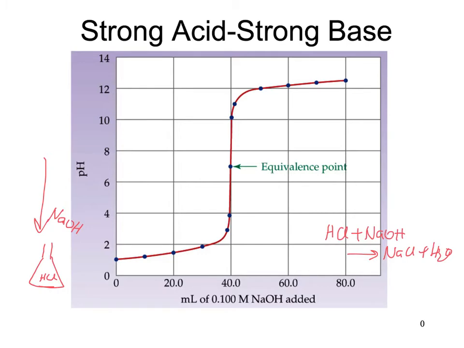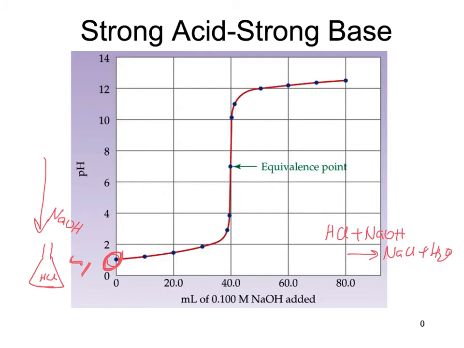Now, realize that before any base is added to the solution, that means at time 0, right over here, you have the pH, which is really low. In this case, one can say that this is close to about 1. So the pH is low, and that's expected because it's a solution of HCl. So that's going to be 100% ionized. You have a lot of